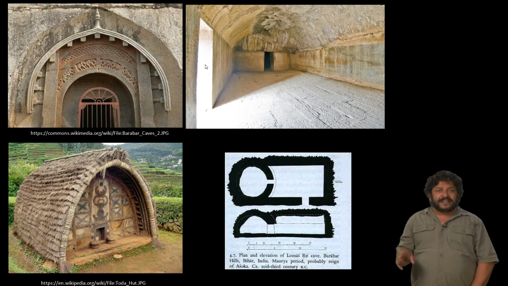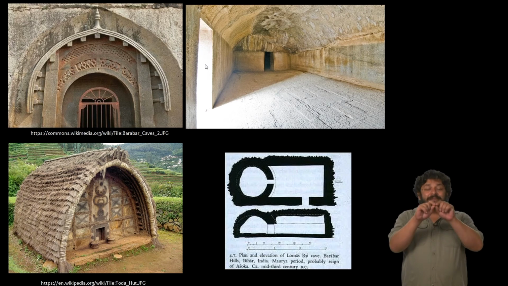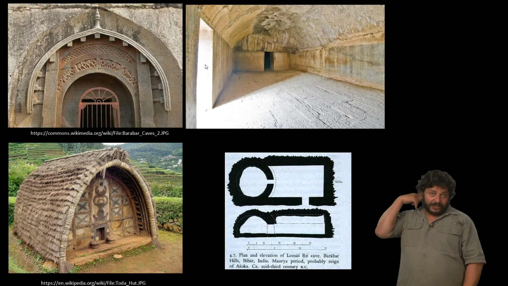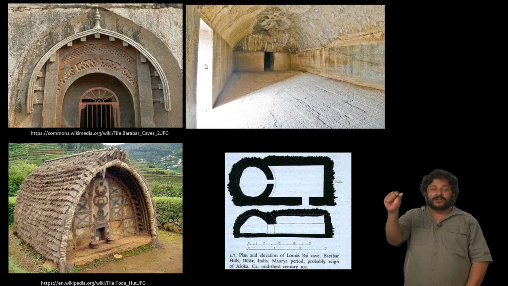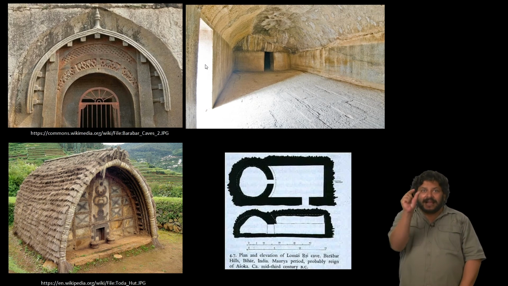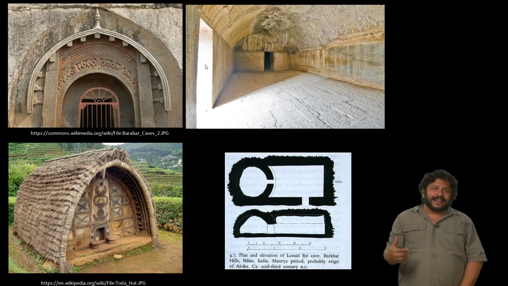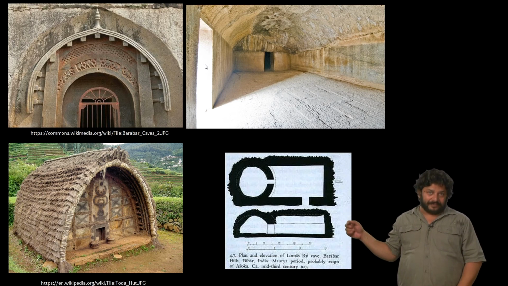The most celebrated of these caves is the one called the Lomas Rishi cave, celebrated because the entrance to the cave resembles a thatched hut. In fact, if you look at the image on the top left, you will see that the curvilinear roof line over the entrance has what look like wooden dentils or wooden joists projecting outwards, a clear case of building in stone what originally would be built in wood, like a much later Toda hut you see at the bottom.